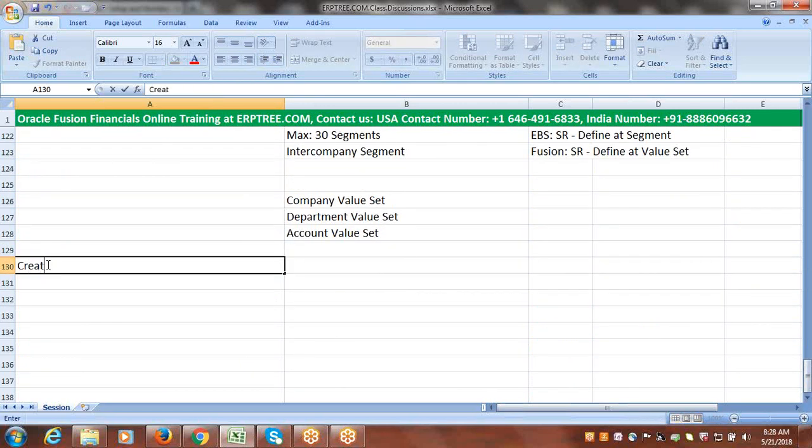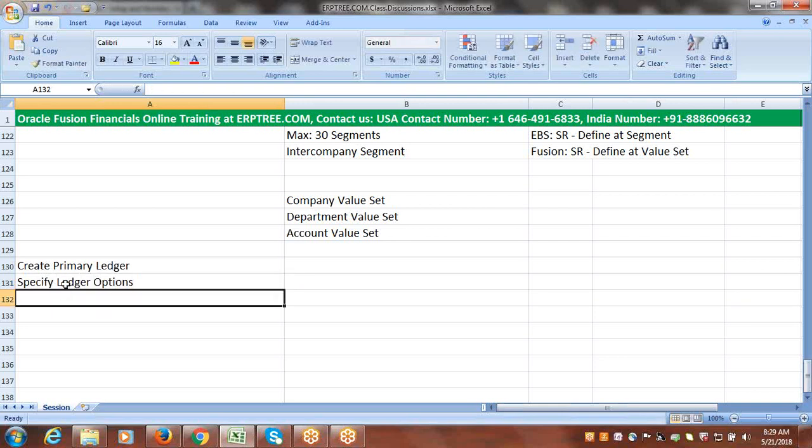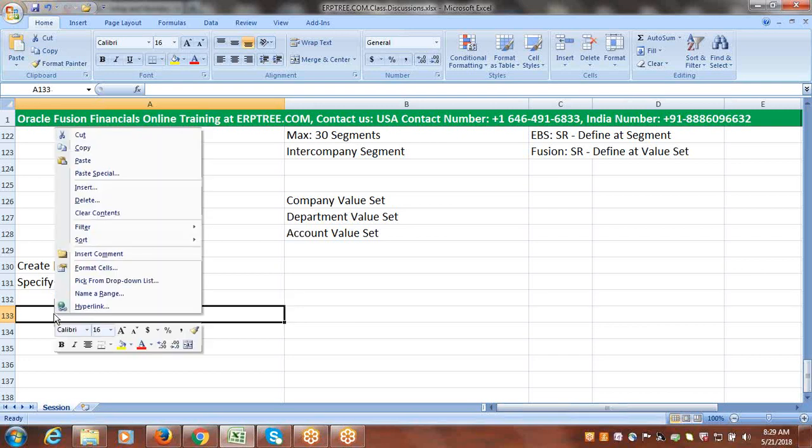So say create primary ledger, and the separate task, specify ledger options. We have to set up the retained earnings account as a mandatory account for the primary ledger. We have to perform the separate task called specify ledger options. After specifying the ledger options, we'll go on to create